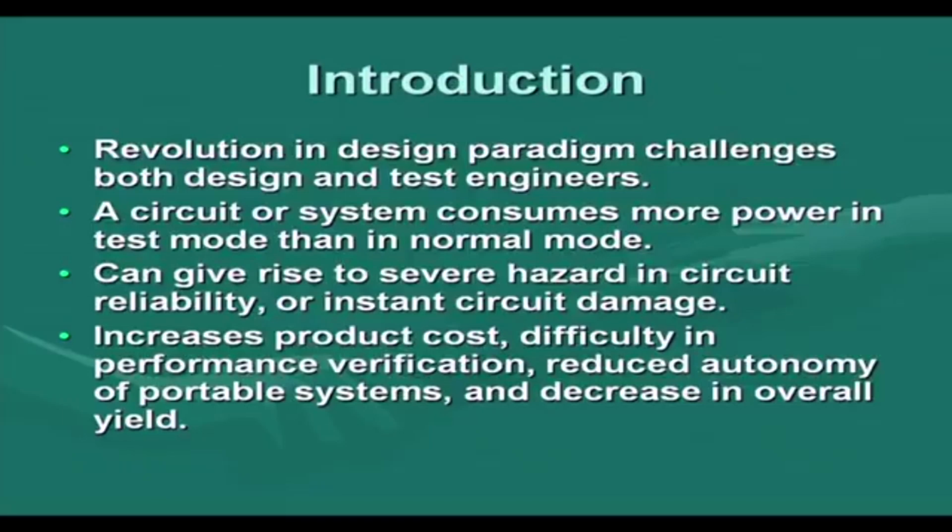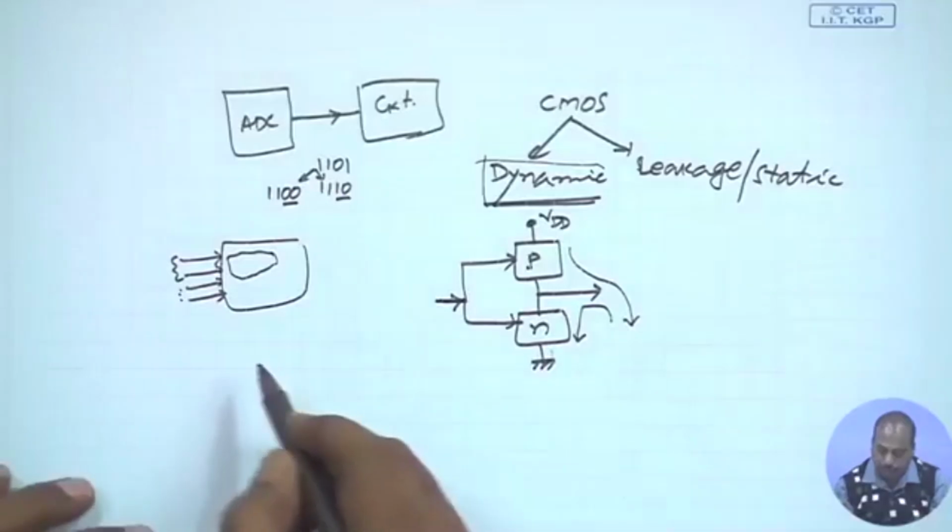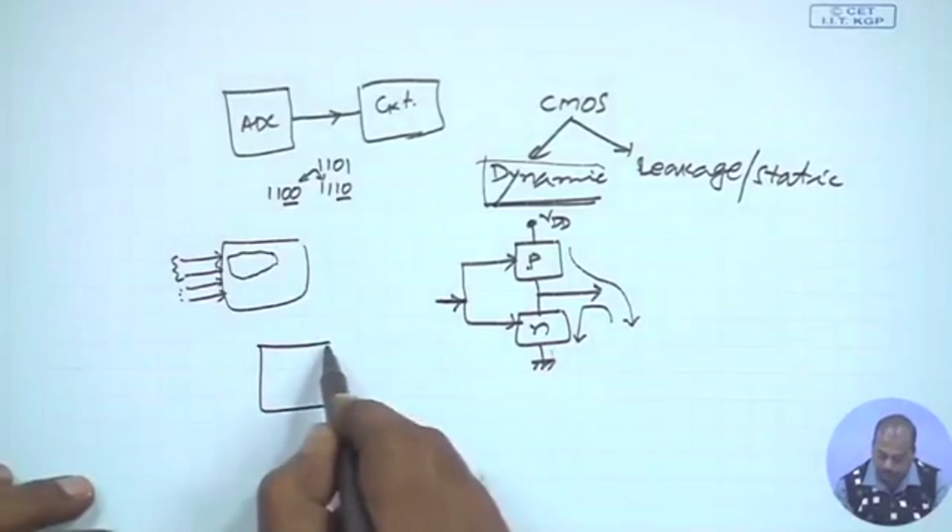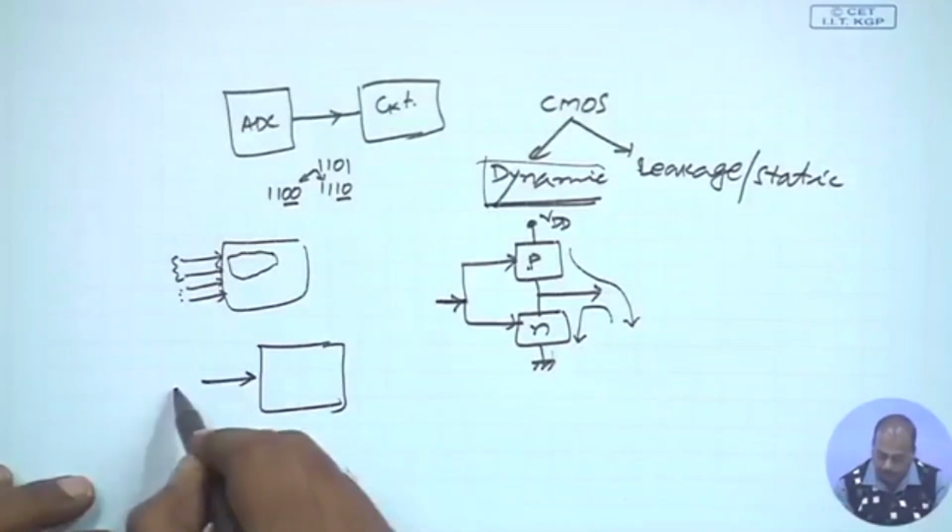So they do not change much. As a result, they may not consume much power. However, when we are putting the system into test mode, so in the testing, what is required is that if one test pattern is applied, so suppose going back to the same example, this is the circuit that I have, I apply the first test pattern T1,